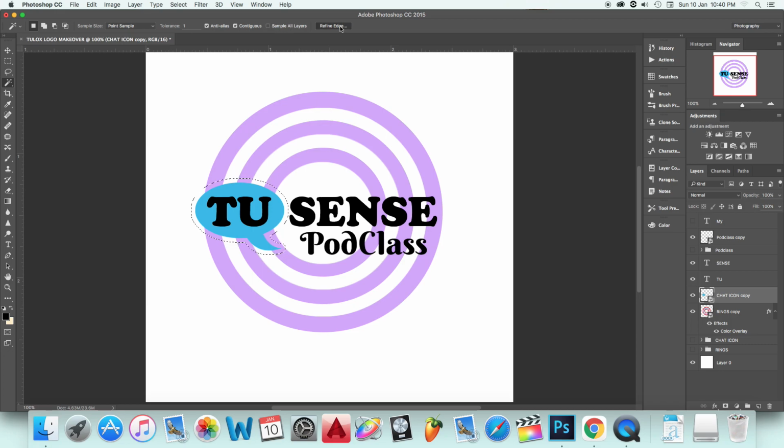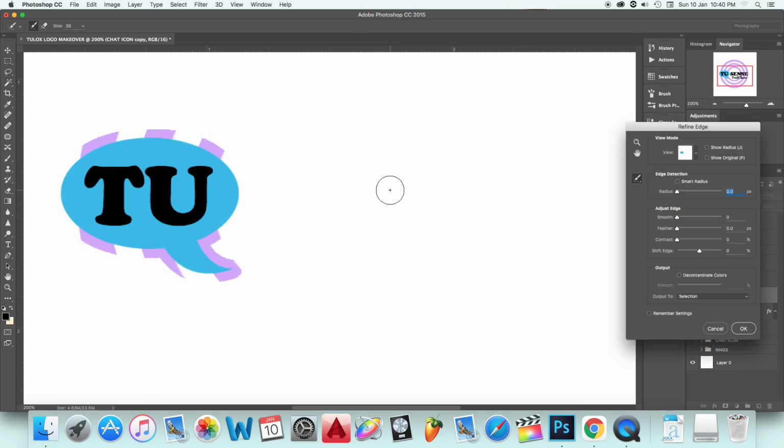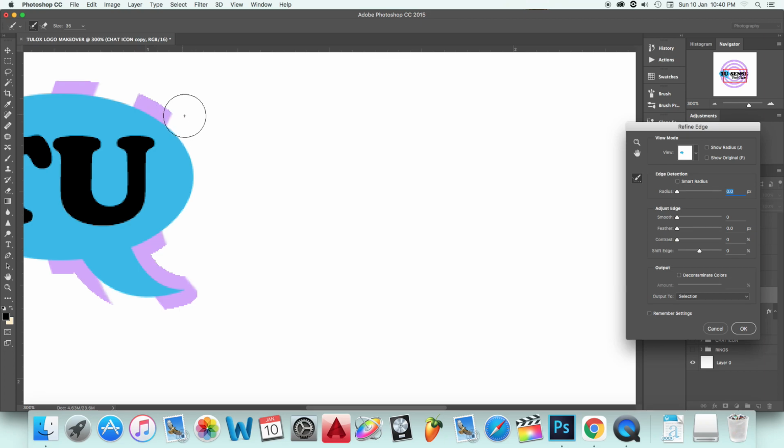I'm going to go to refine edge, and I'm going to ensure that the edges of the purple section that you're seeing here cut out. We want it as smooth as possible. So let me smooth about 7, feather about 1.7, contrast to about 31, and shift edge down to about